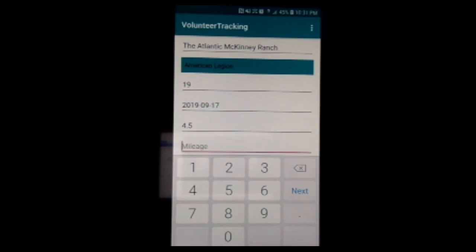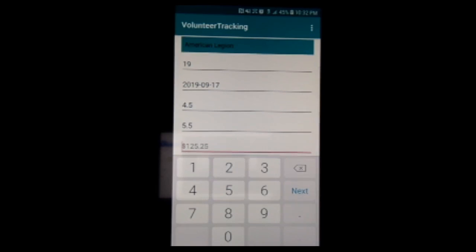We also track mileage for volunteering. This is to and from the locations that we're volunteering. So let's say I live pretty close by, so I'm going to say 5.5 miles, about a round trip would do fine. So I'm going to hit the next button,